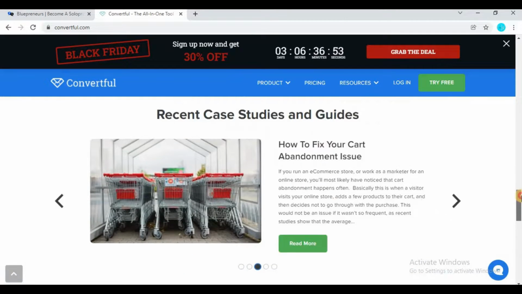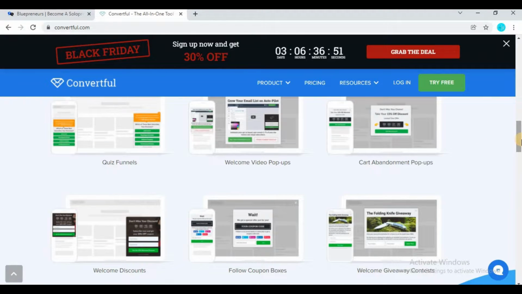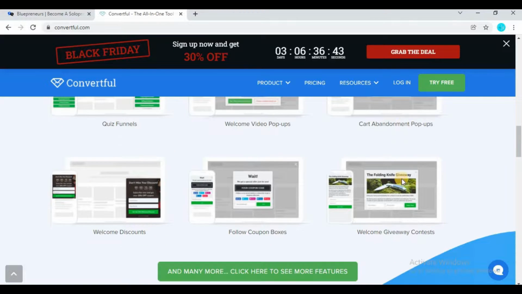And above, as you can see, there are multiple pop-ups which you can create: quiz funnels, welcome video, cart abandonment, welcome giveaway, follow coupon, and welcome discounts. So this platform is wonderful to create pop-ups in your website.